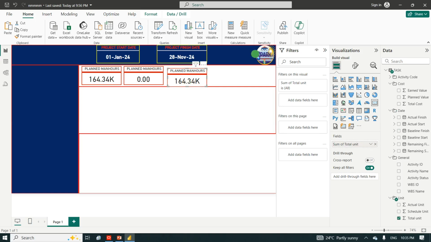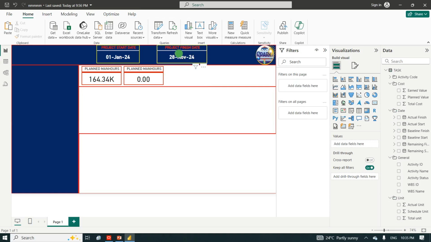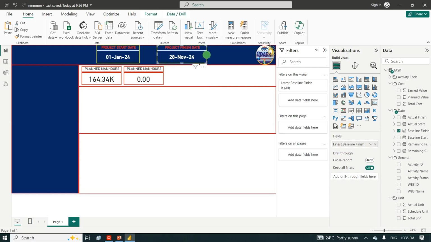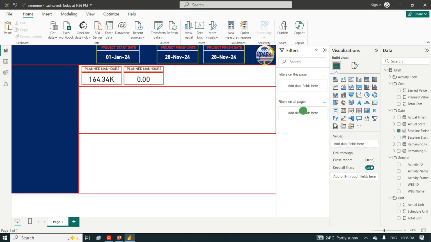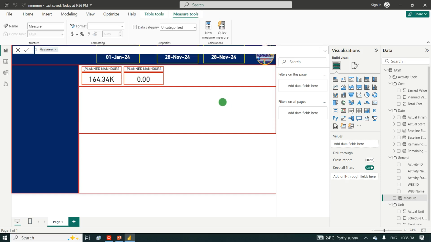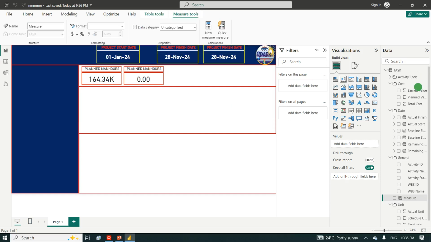I will delete this. Okay, let me use this one. I will click, okay. So I will use a measure for the current date. So for the current date, I will write a measure. I will click on new measure. Okay, first of all, before I proceed with the measure, I need to redirect that measure so that the measure will not just stay anywhere it wants, because I already